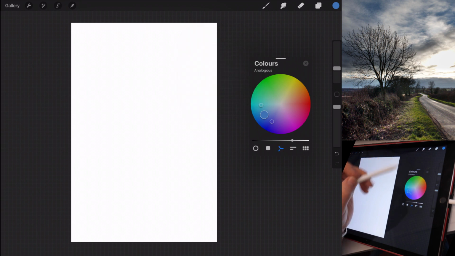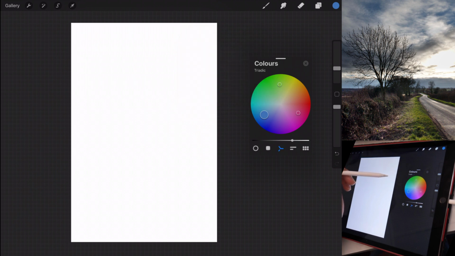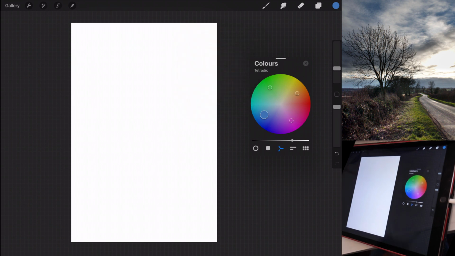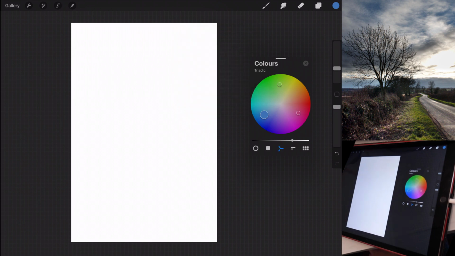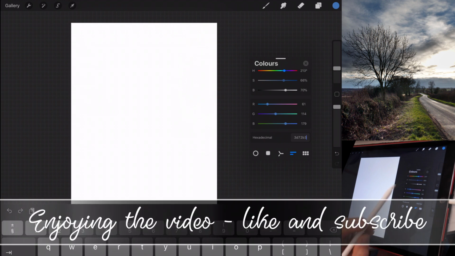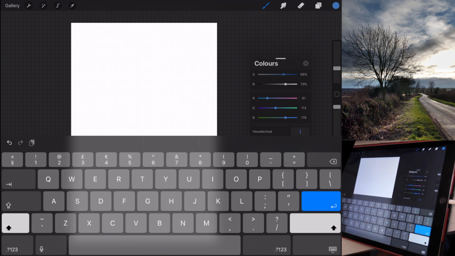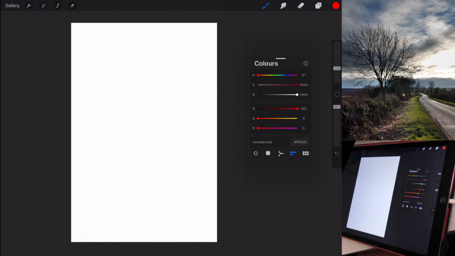I can use analogous colours, next to each other on the colour wheel. Triadic gives me 3 colours to work with, and tetradic gives me 4 colours to choose from. I quite like the triadic selection. I don't know what that is. Let's click on that one. Oh, so I can use hexadecimal colours. So if I want to use a red, I know for a fact that red is FF0000. I've got a red colour, so I can use web-based colours by typing in there,